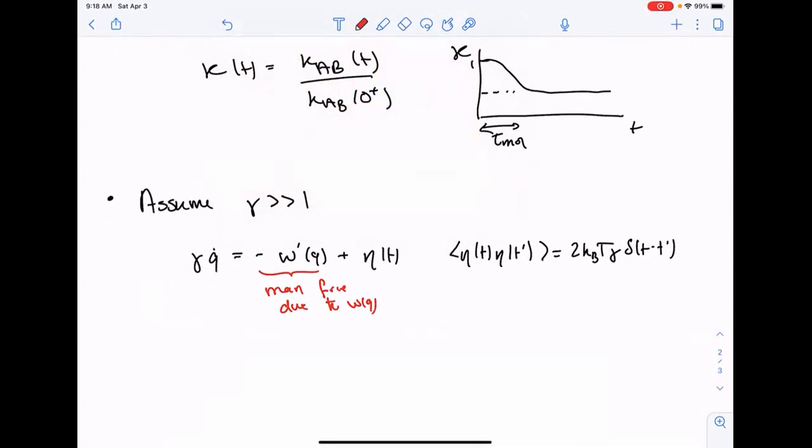Now, in general, if omega is a free energy, this is the potential of mean force, or the mean force that results upon moving in Q. If omega really is a potential energy, then it's just a typical force. It's just what you would normally put into Newton's equations of motion. But if this is a system that has many degrees of freedom, I have to integrate out those degrees of freedom. And it's the reversible work surface then that results in this omega.